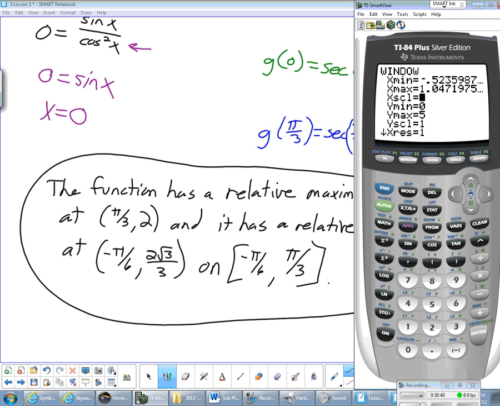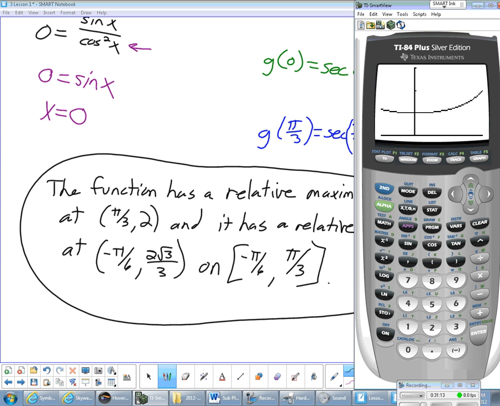What should our scale be? Let's go pi divided by 2, which is a common scale for trig functions. And then our y-min, what was the smallest value we had? Let's stick with 0 for now, and our biggest value was 2, so let's just go to 3. And then we'll go by 1 there. So those are normally decent numbers. So we graph this, and you can see